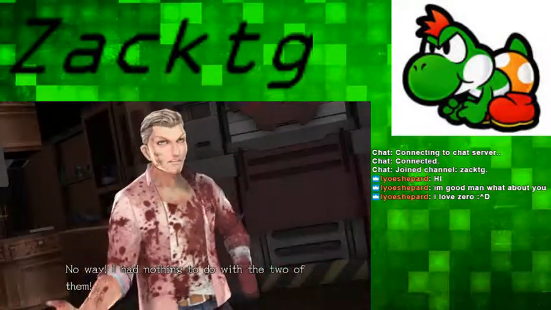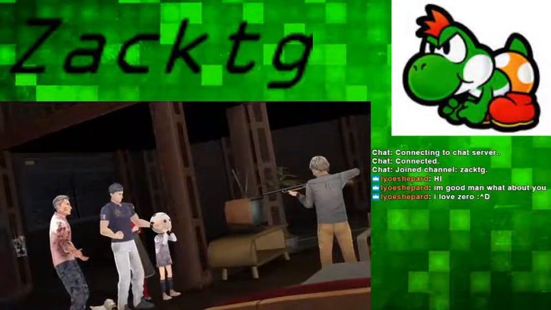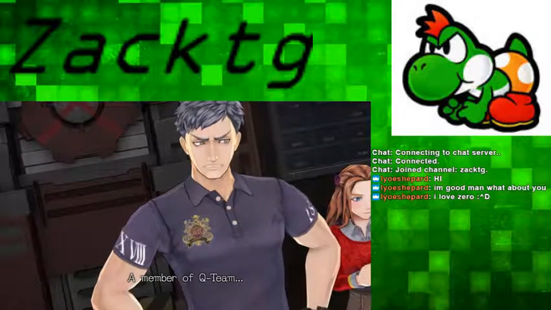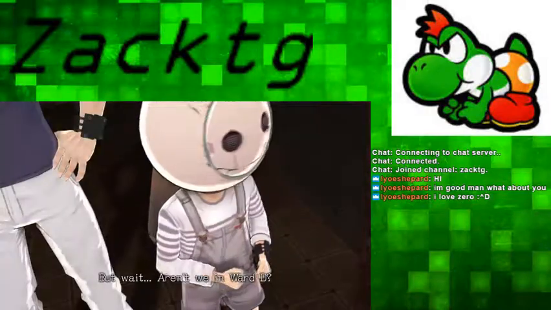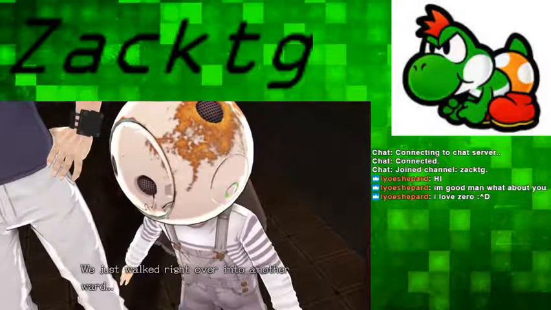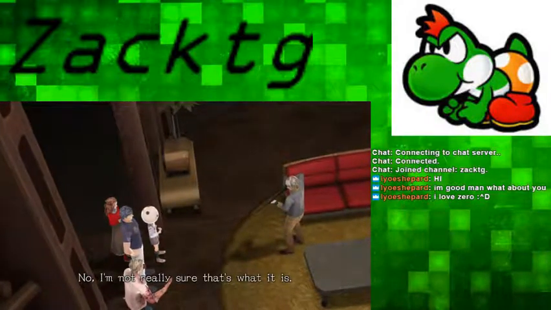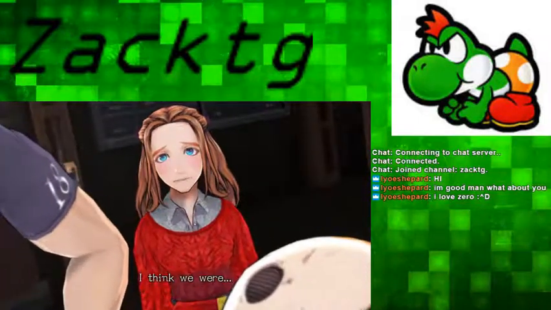No way! I had nothing to do with the two of them. And besides, how in the world could I kill Mira? I'm part of C-Team. I was limited to the space in Ward C. Then how are you in D-Team's ward now? Mira was... A member of Q-Team. Right. There's no way I could have killed her. But wait, aren't we in Ward D? We just walked right over into another ward. There has to be some kind of secret door. No, I'm not really sure that's what it is. I think we were...